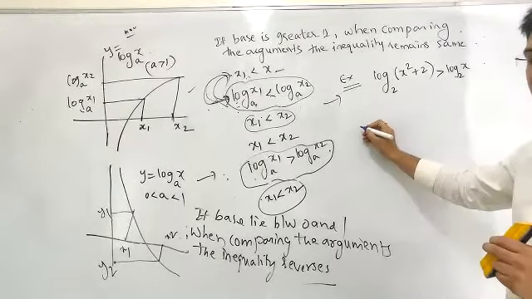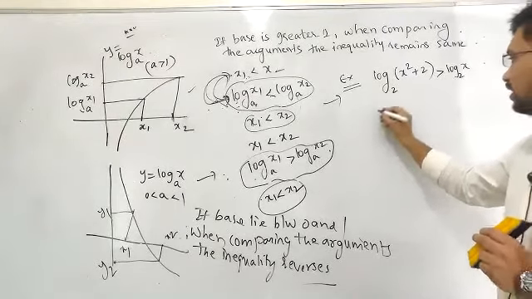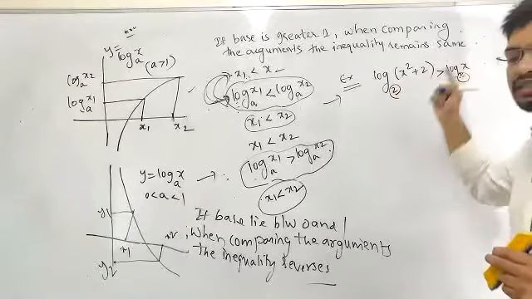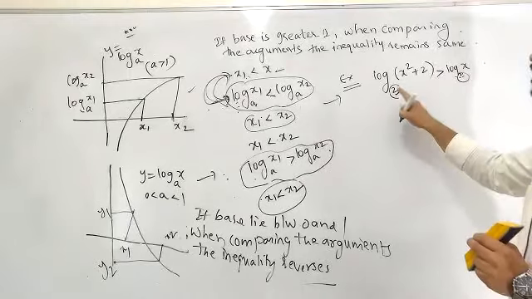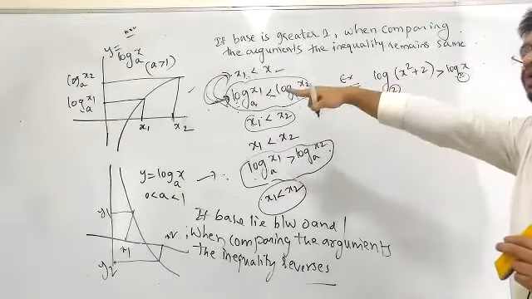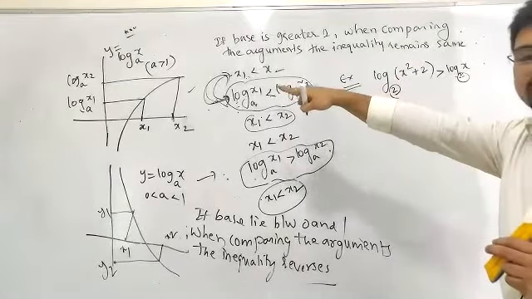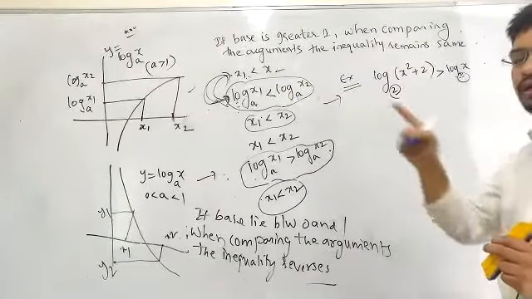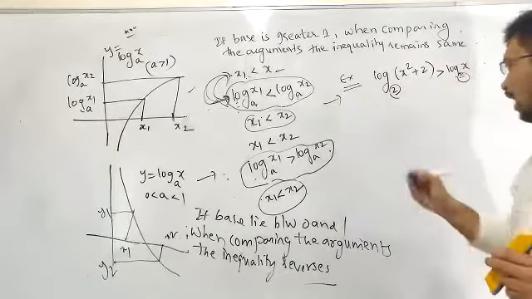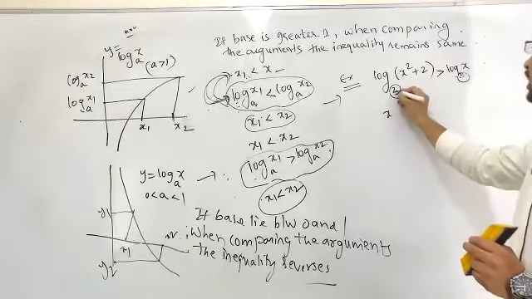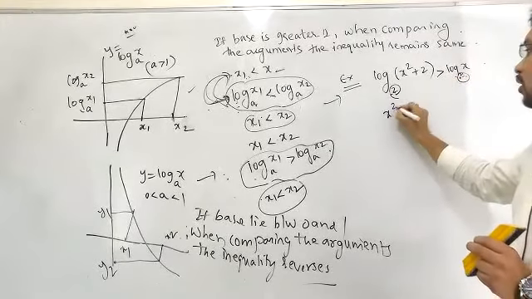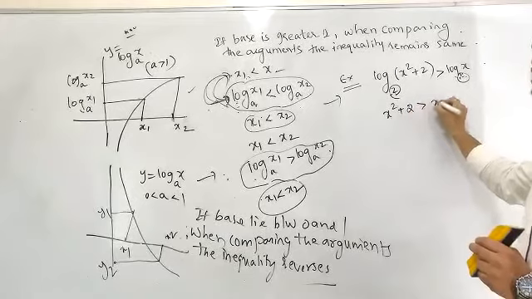Whenever I see some inequality of that kind, you always compare the base. When comparing on both sides, compare the base. Comparing the base, this is 2 and this is 2, which is greater than 1. When the base is greater than 1, the idea of a strictly increasing function should come to you. Now, when the bases are equal, I'll eliminate this logarithm. Eliminating this logarithm, I'll write it as x square plus 2 is greater than or equal to x.